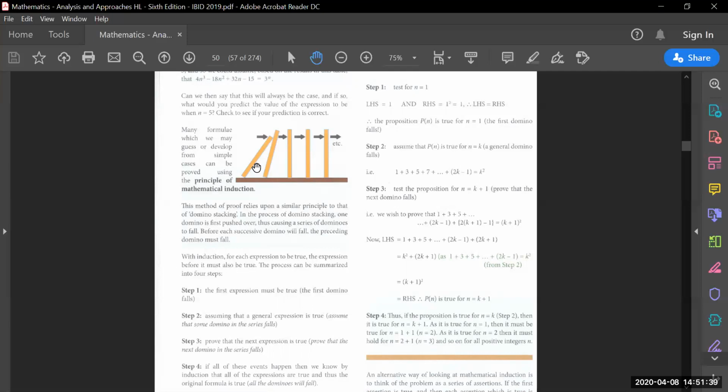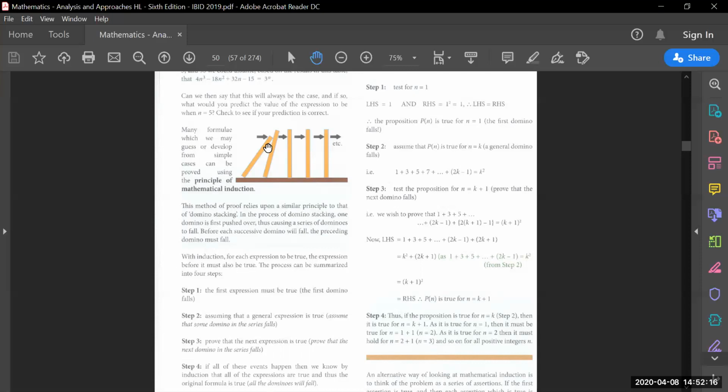But in math, it will be super tedious to show that the equation is true for every single value of n. There's no ending to it. When n is greater or equals to 1, n can take up to 1 million or even 1 billion. So how are we going to show that? That's why we have to use a general term. After we show that the first domino piece can topple, which is n equals to 1 can topple,